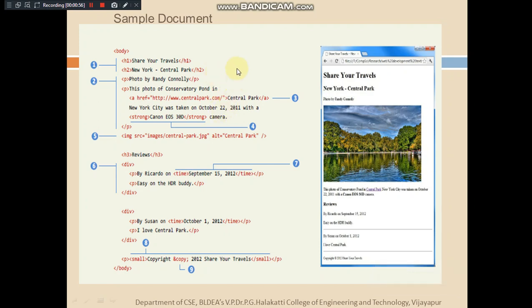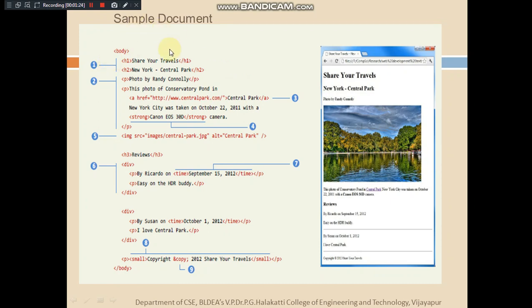Let me clarify the meaning of document before going further. Usually, if we are writing a program using a general purpose programming language, we call it a program, right? Whereas the programs written in markup languages used for web page design are called documents. They are as simple as typing a text, that's why they are called documents.